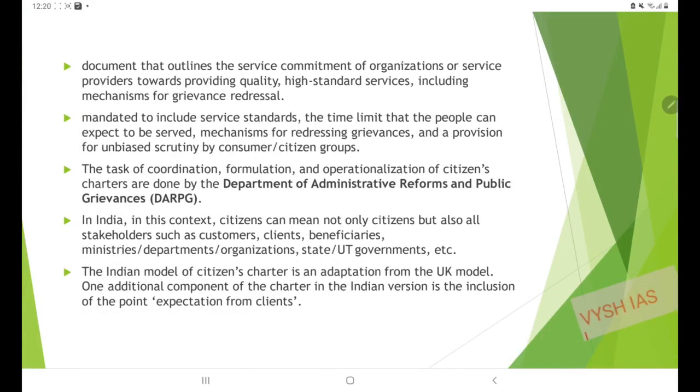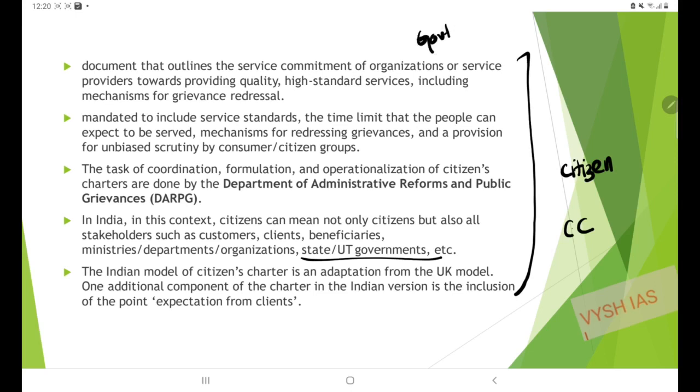Here I have given a summary of the points which were discussed in the earlier 2 slides. If you want notes, you can just pause and make notes out of this. The other points which I haven't discussed, I will be discussing here. Two more aspects you have to keep in mind: whenever we are dealing with citizen charter, the word citizen is not only covering the public but all the stakeholders. A state government official, take for instance a government officer. Apart from being a government officer, he is also a citizen.